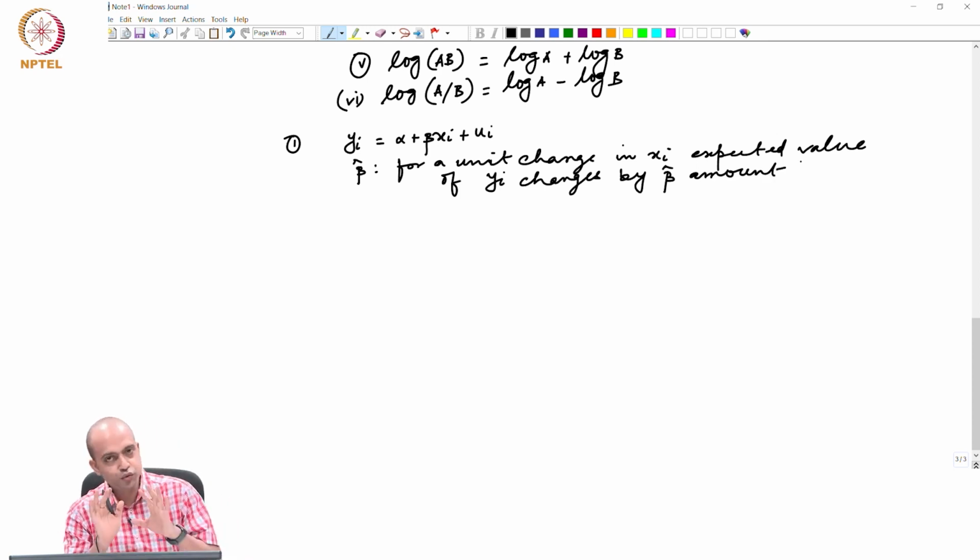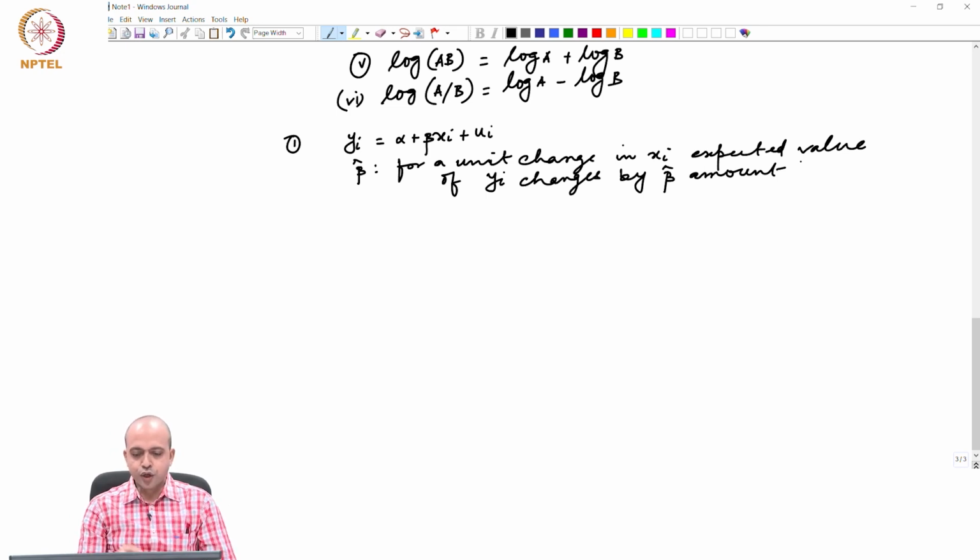This is the interpretation we know so far. We have learned this. For a unit change in xi, on an average, the expected value of yi changes